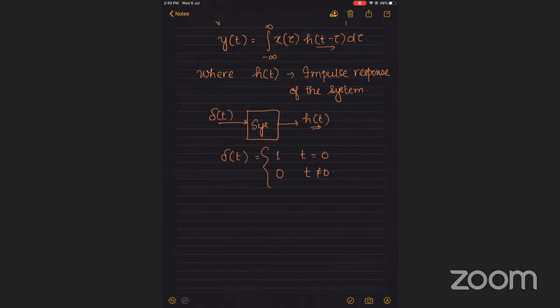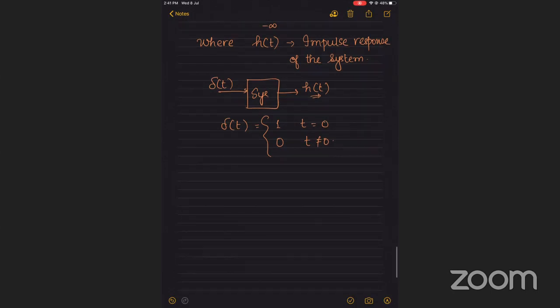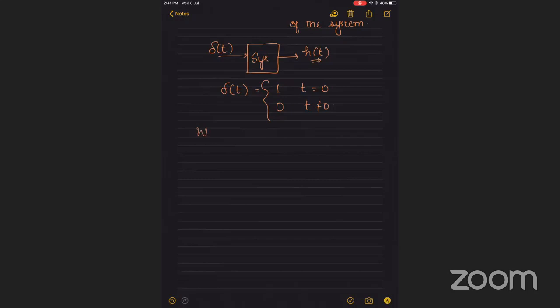Now, this convolution is very difficult to perform because it is a pain. Because see, it is x of tau, h of t minus tau, then it goes from minus infinity to infinity. You have to integrate all those things. So it's a pain. So what we do typically is we take the Laplace transform of this, the Laplace transform on either side, and we will see that